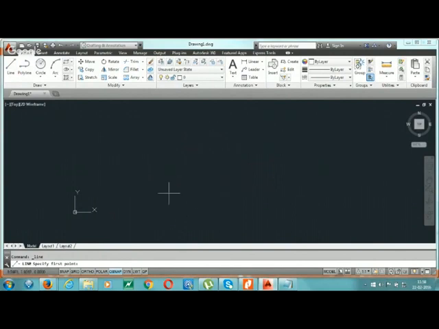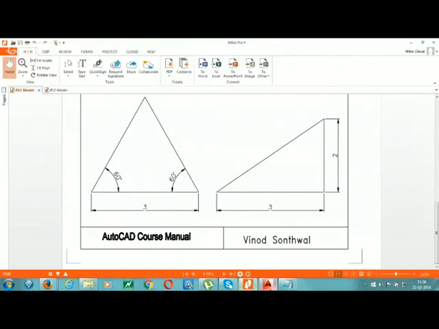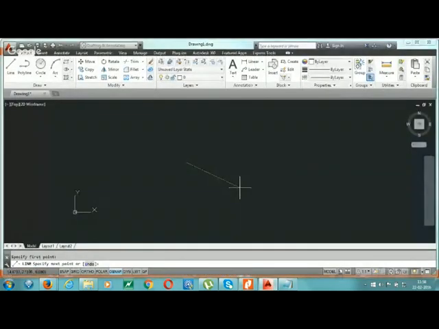First take the line command, first make a point, and the second point is 3, 0, at the rate 3, 0, enter. From here we make an angle of 120, because